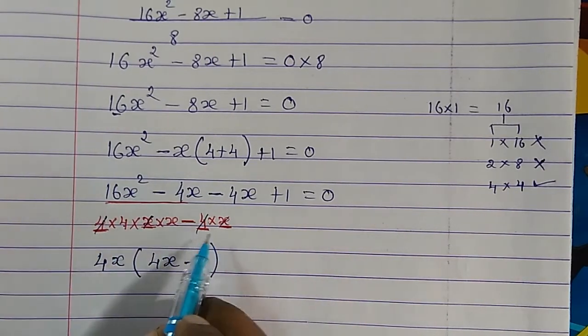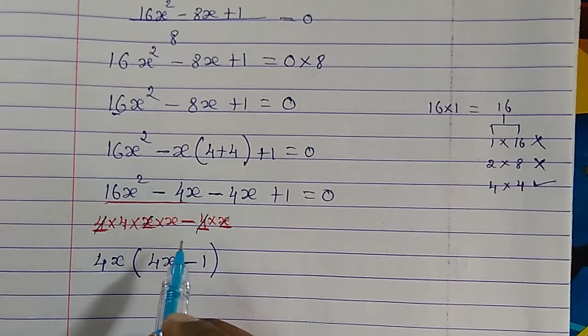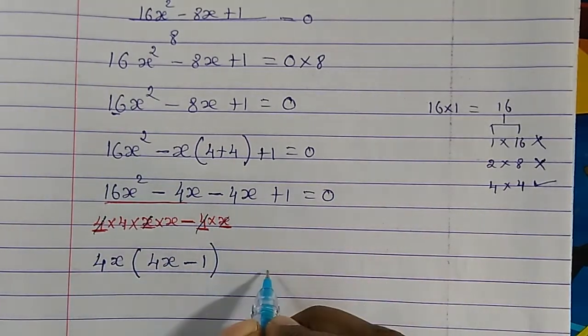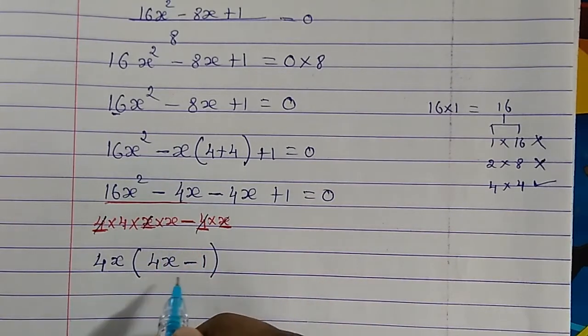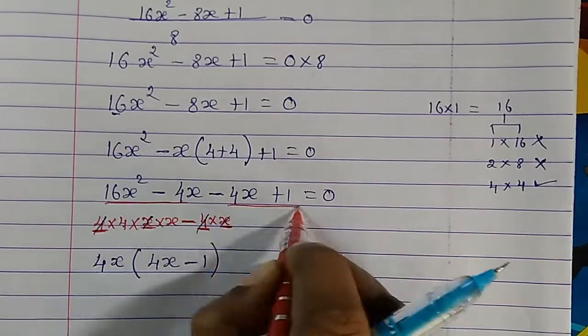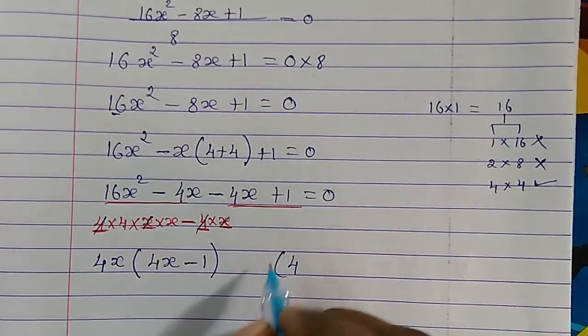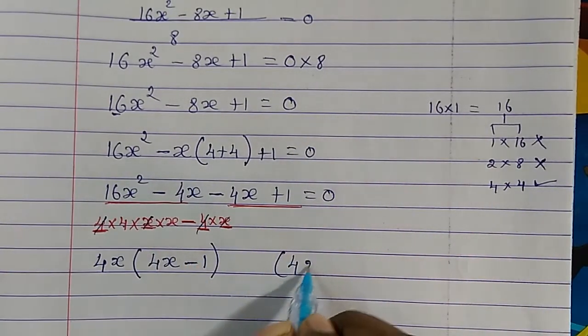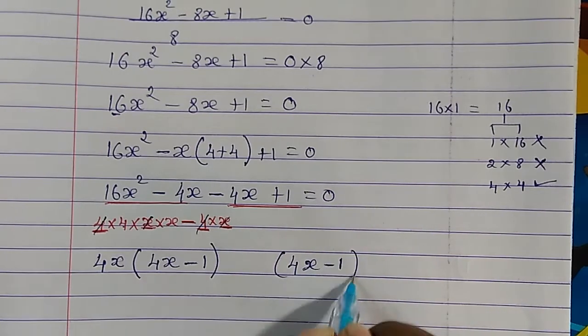Those of you who don't know, I'm doing this step for them, but you don't need to do it. You can do it directly. Now the next step: what is in the bracket, you write the same thing down for this pair. For this pair, same way, but we will write what is in the bracket first, because mostly you get what is in the bracket only.